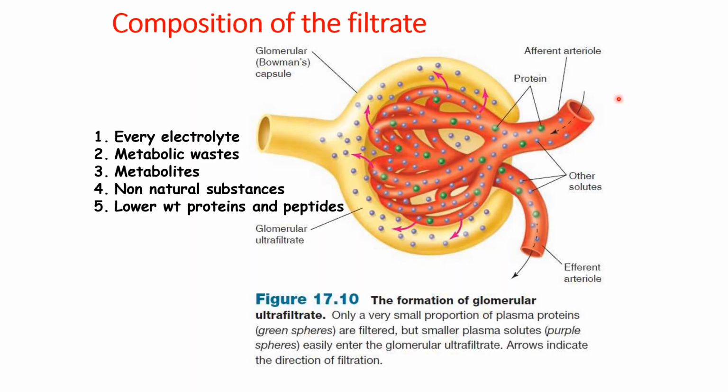So next is composition of filtrate. So as the afferent arteriole enters into the glomerulus, that is Bowman's capsule, and then the efferent arteriole comes out and forms a network around the loop of Henle. So all the blood cell elements and the proteins and water and all the electrolytes, the blood contains all the substances, that will be entering into the Bowman's capsule, and only few substances or solutes will be